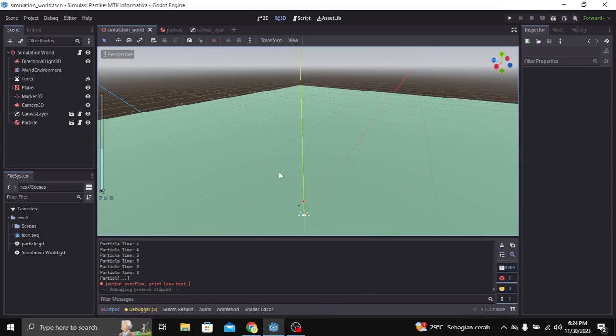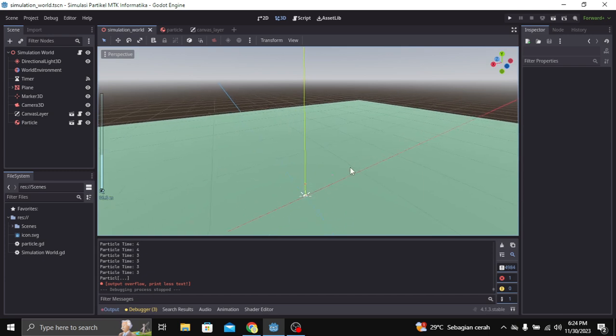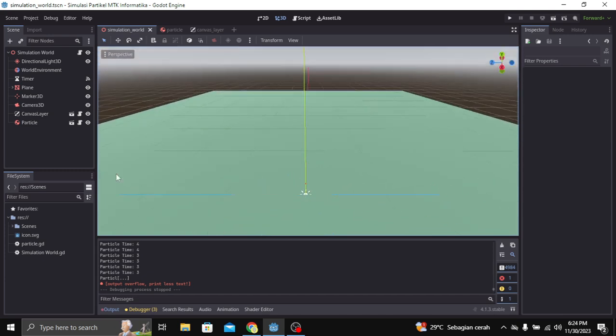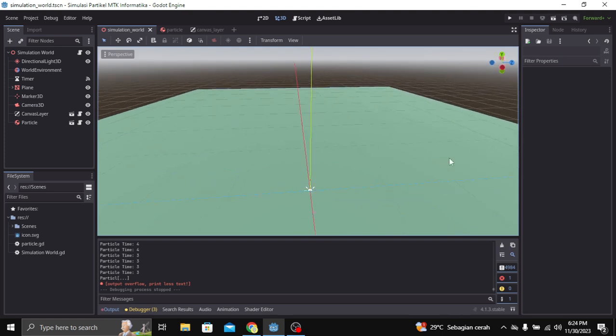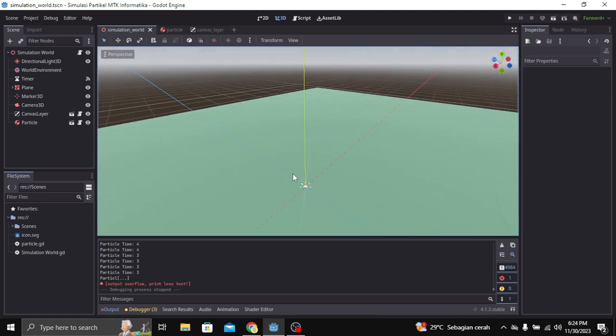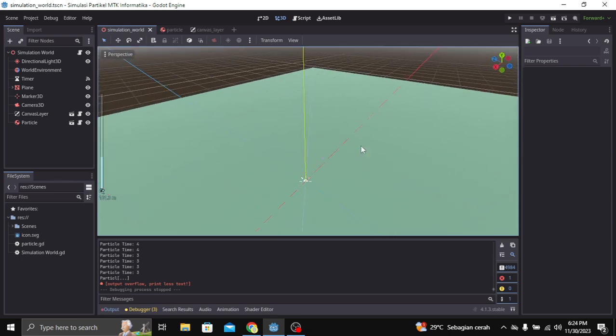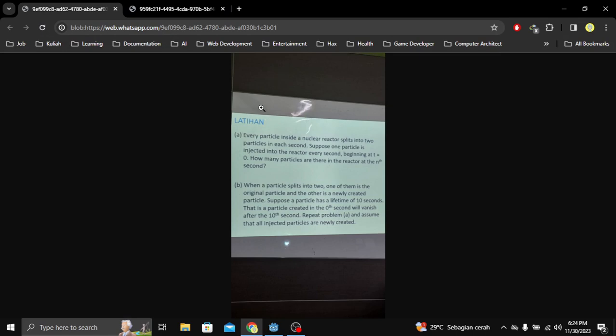Hello everyone, today I'm gonna show you guys the simulation that I made in Godot to help my math subject, Information Mathematics number 3. It's a subject where we learn mathematics specifically for computer science related. Here is the